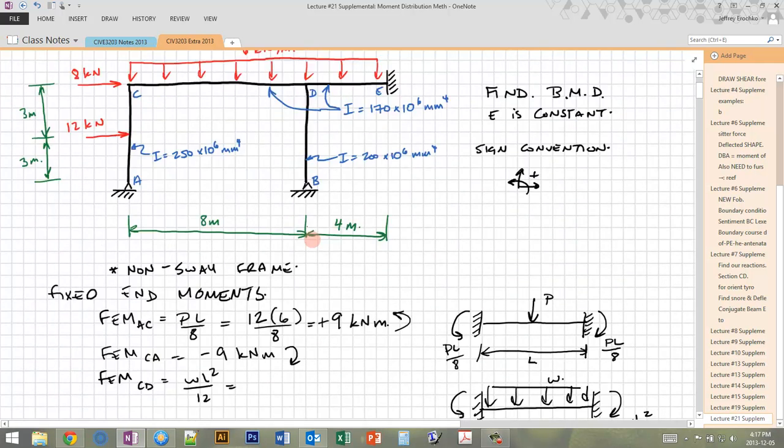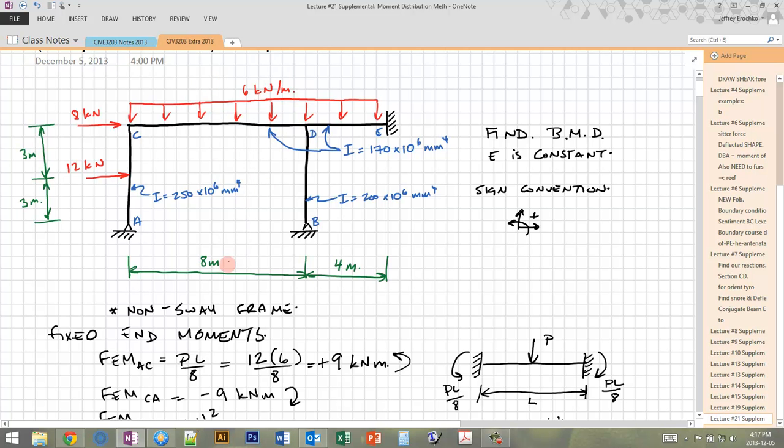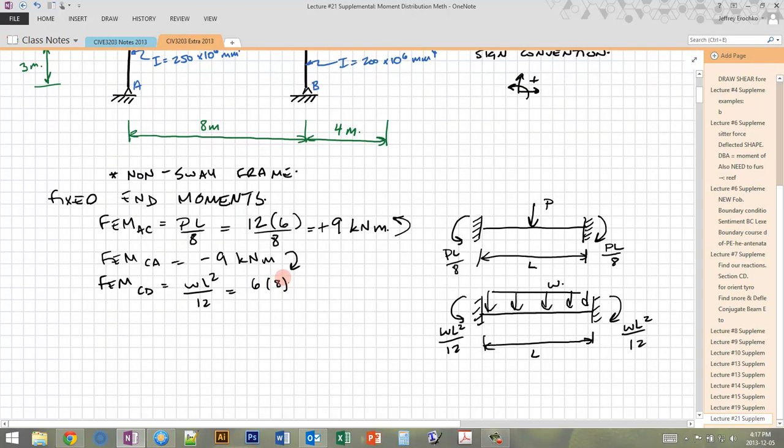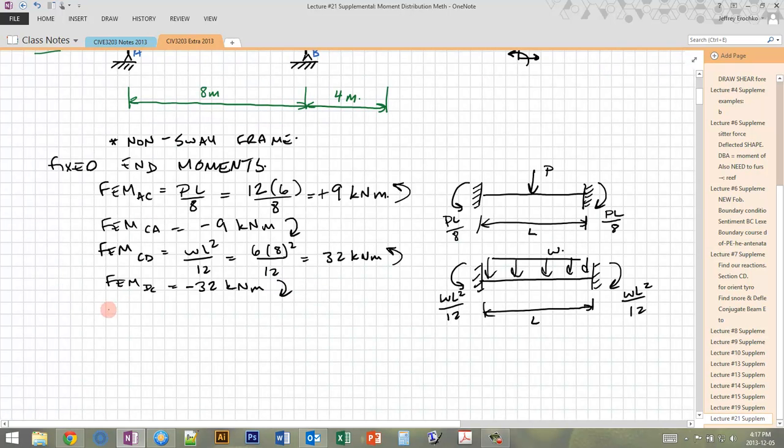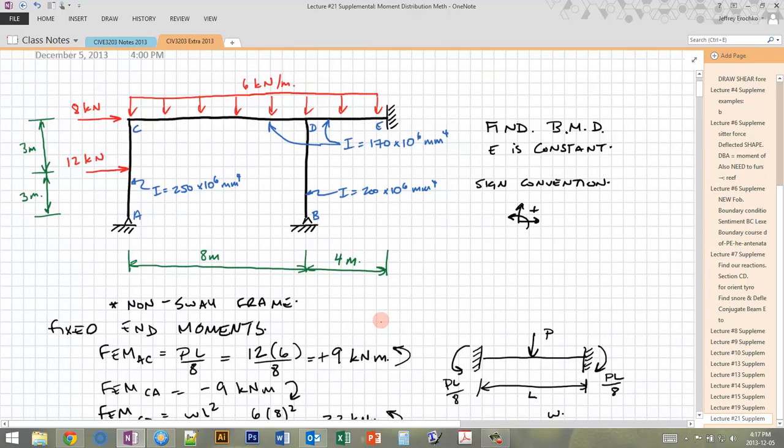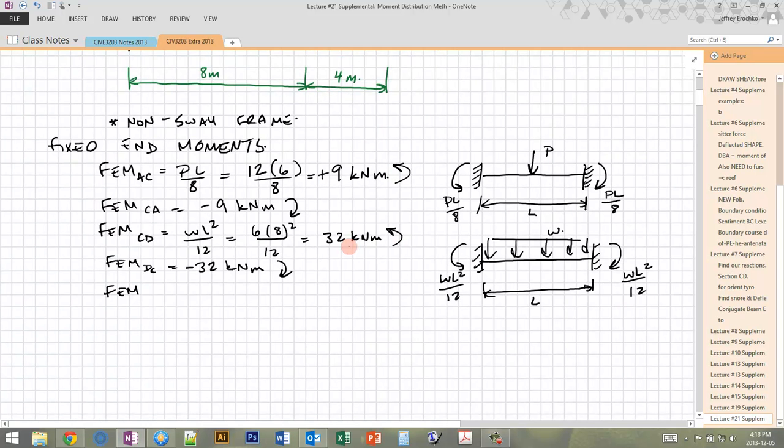We're going to get, for this one, our W is 6 kilonewtons per meter, L is 8, so we get 6 times 8 squared over 12, which comes out to 32 kilonewton meters, and it's positive counterclockwise. FEM DC, again, is just the same thing but in reverse. For this case, this is negative 32 kilonewton meters, so that's clockwise now. And FEM DE is similar but with a different length. So that's going to be 8 positive on the left, negative 8 on the right,